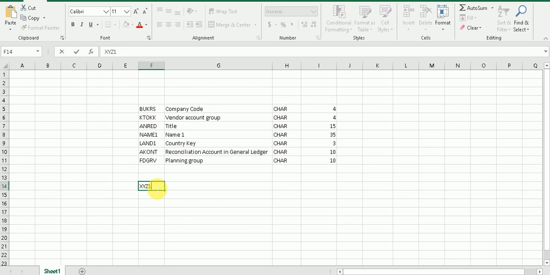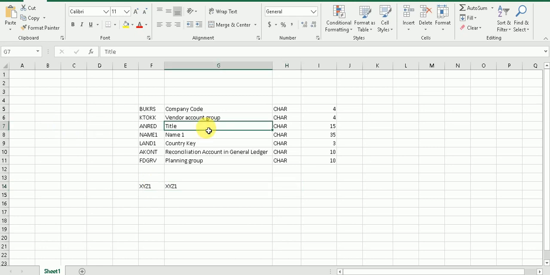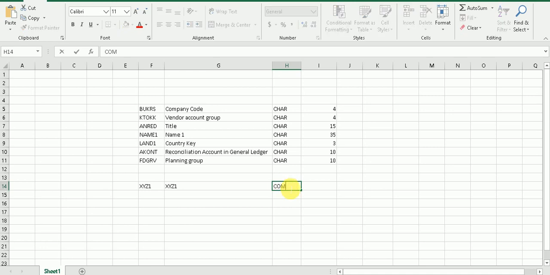My vendor account group is XYZ1, same, and my title is company, and name is, I'm giving here different names: BBB Private Limited, and my country is IN, and giving reconciliation account in general ledger.